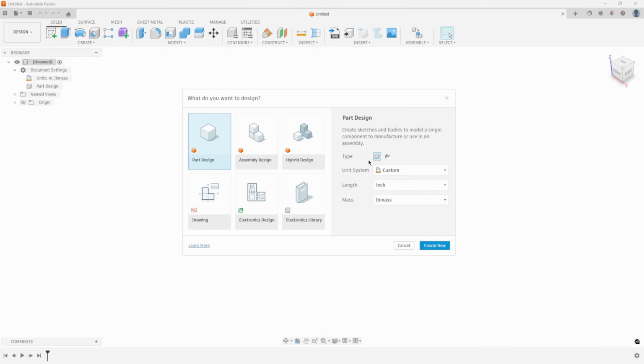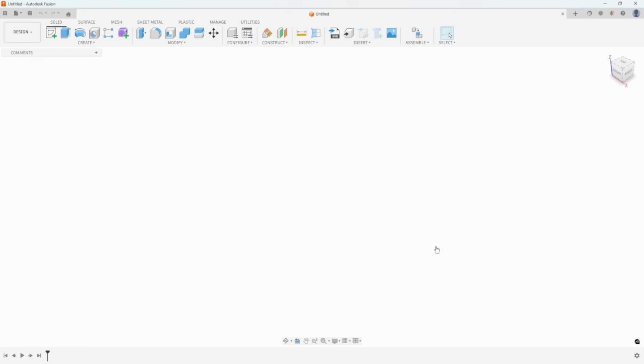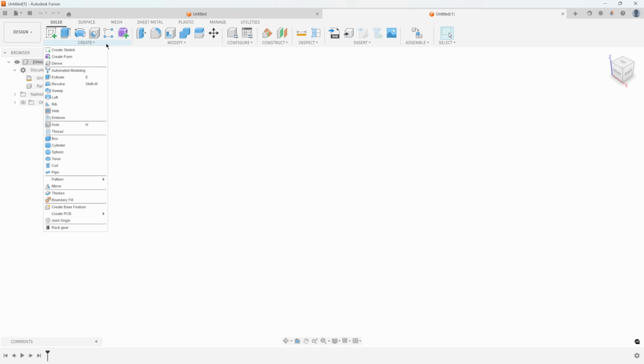You'll notice it allows you to specify whether you want to create a standard part or a sheet metal part, and then you can specify your units. I'm just going to leave everything default and say create new. And one of the things you'll notice is that the user interface has been simplified. In part design mode, you have only commands that have to do with part creation, such as your create, sketches,